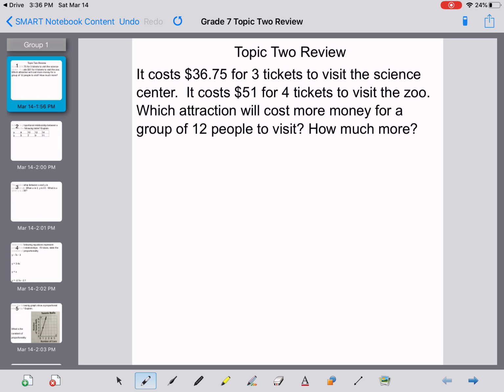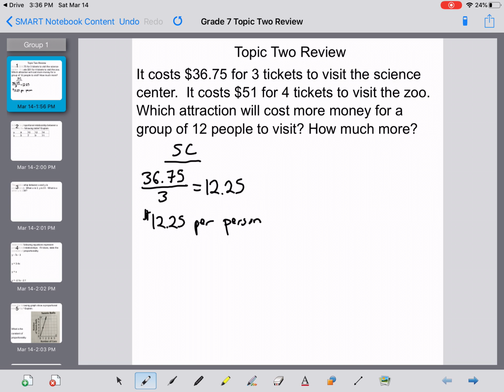So to solve this problem, I'm going to first determine how much it costs for 1 ticket to go to either the Science Center or the zoo. I'm going to do the Science Center first. For the Science Center, I can do the $36.75 divided by the 3 people. When I do $36.75 divided by 3, I get $12.25. That means the tickets cost $12.25 per